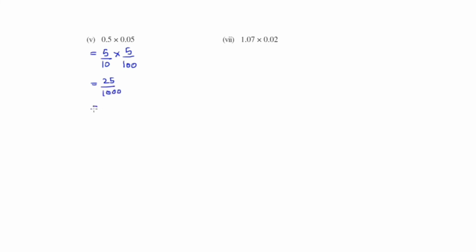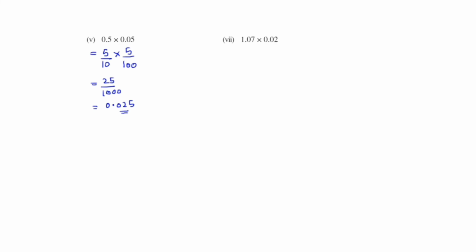Since we have 3 zeros over here, counting from right to left, 5, 2 and the vacant space will be filled by 0. So 0.025 is the result of this part. Clear what we have done? In the last question we got two zeros only, and in the number part we also had two digits, that's why we haven't put any 0 at the vacant place.